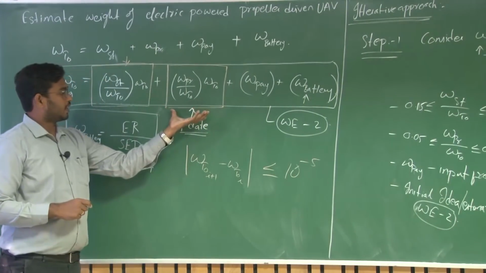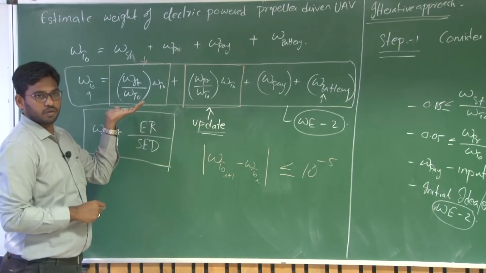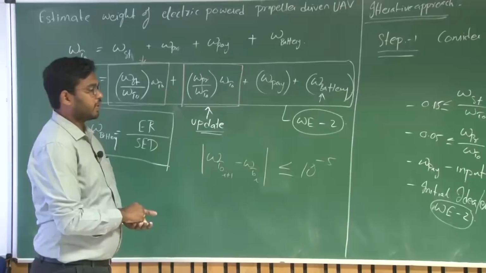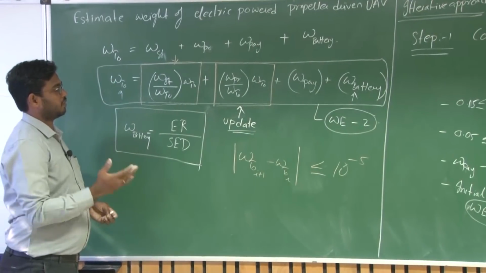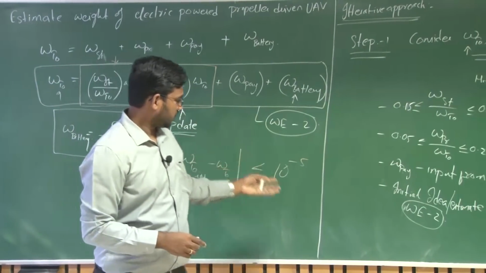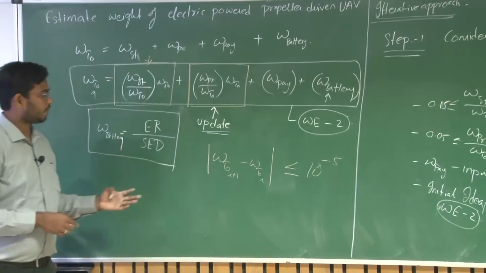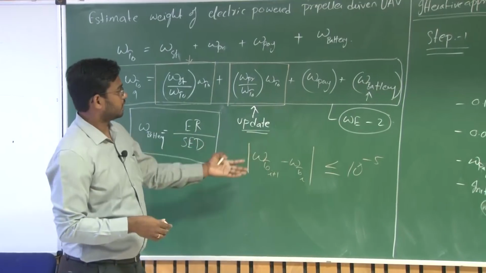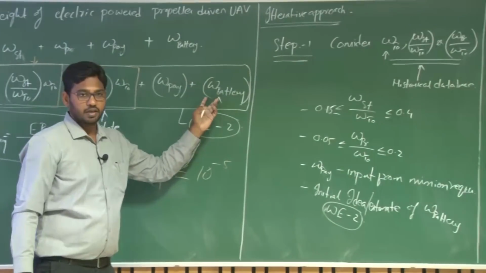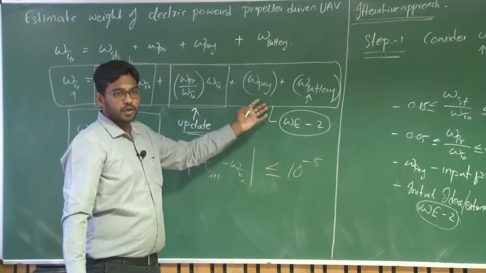See, you are having an accurate weight of this propulsion system. The only thing is, once you have the structural weight ratio, or once you design the structure, you can update this parameter again and do the iteration. But to start with, for the initial weight estimation, you can adapt this procedure, and this is fitting with almost 50 UAVs, right? Data of 50 UAVs that we have verified, and this procedure you can adapt to figure out the overall takeoff weight and the corresponding battery weight, as well as what should be the propulsion system that you have to use for a given payload, right?